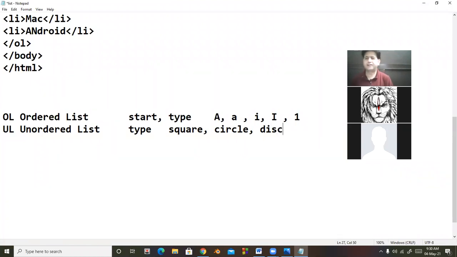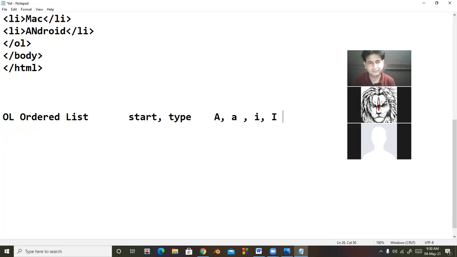By default it is circle. If you are not giving any type, it will take circle. Then the next type of list is the definition list. So definition list, DL, it is a container tag. So now I am going to discuss how you can use the unordered list.